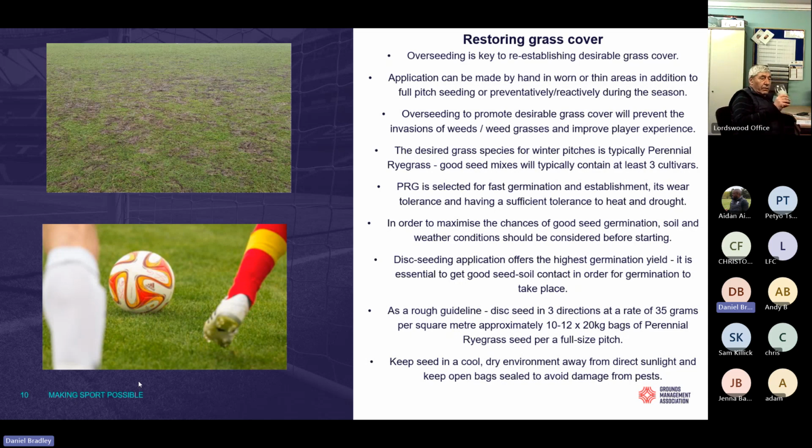Again, if you can cover the goal mouths to accelerate germination, you can get specific germination netting. The downside is it's quite expensive. The positives are that it keeps animals off, and hopefully it will keep people or dog walkers off if you suffer from that at your site as well, and it helps to retain the moisture in the ground, as well as heat to allow germination and establishment of grass